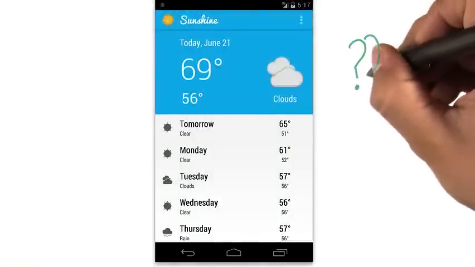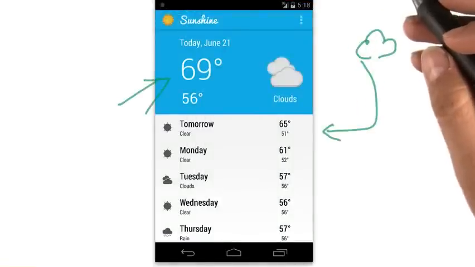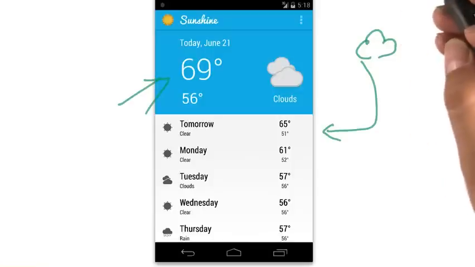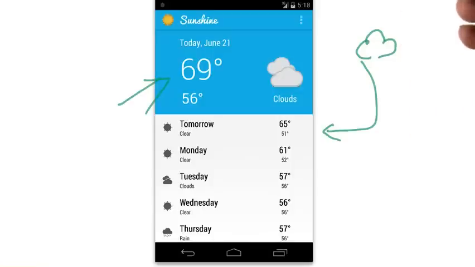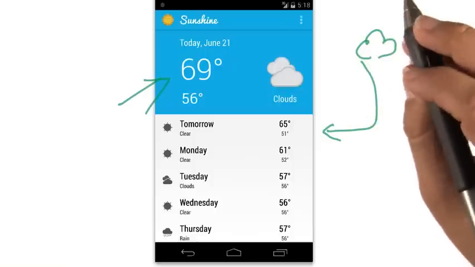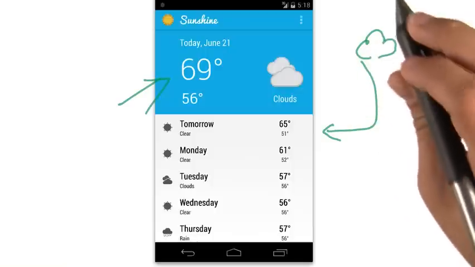So, you might ask, why are we building a weather app? We chose the weather app because it's a simple concept, which touches most of the core APIs we want to teach, and everyone can relate to weather, unless you're in a bunker. By the end of the course, you'll be able to use those APIs and concepts to build your own app for your final project. Now it's important to remember that we're not here to teach you how to build a weather app. It's not even to teach you all of the Android APIs that we'll use to build it. It's really about retraining your brain to start thinking like a mobile developer, which is really important because at the end of this course, we're going to ask you to build your own final project.